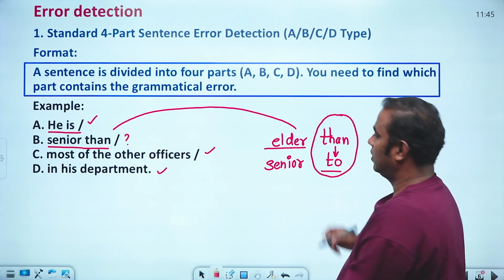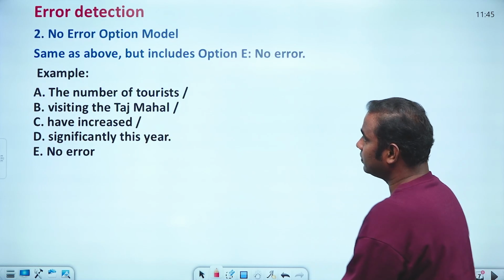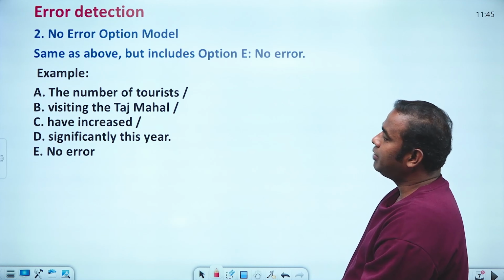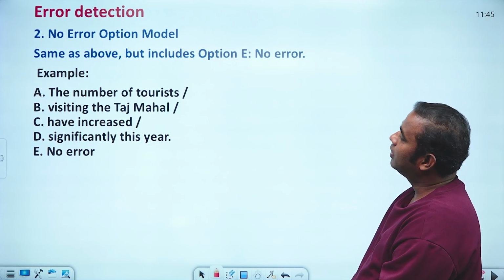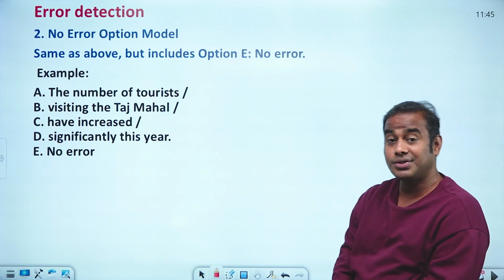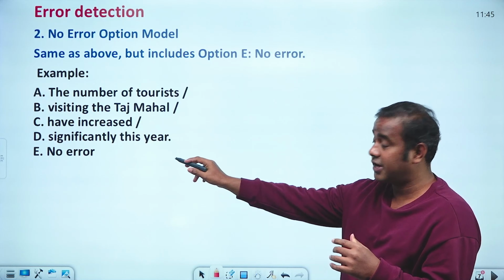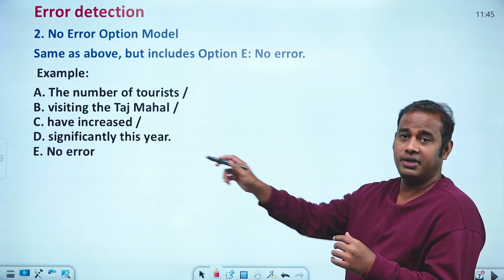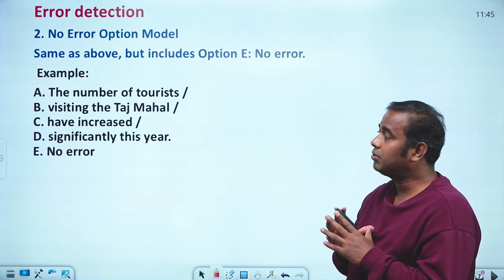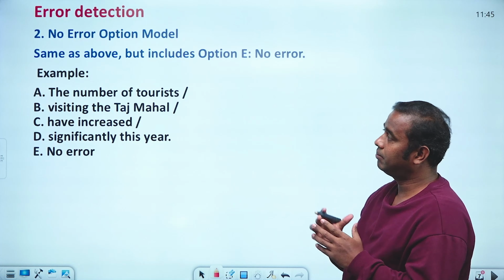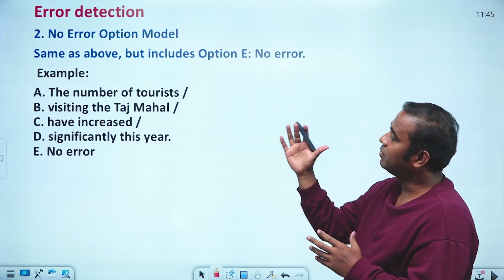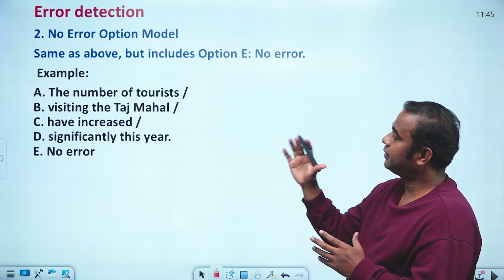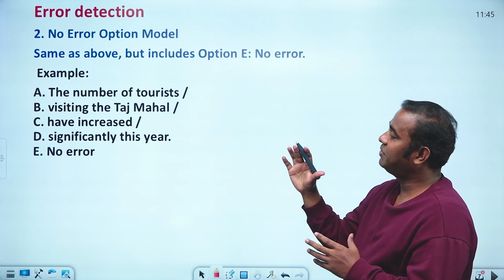Then next one, the no error detection model. Sometimes the options will be given in such a way that one of them is no error. At that time, don't just jump and bubble the no error answer. Just read the sentence: "The number of tourists visiting the Taj Mahal have increased